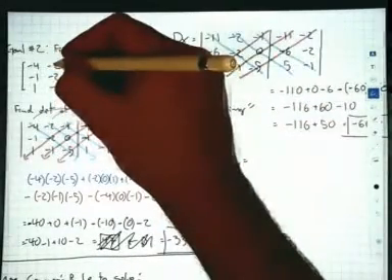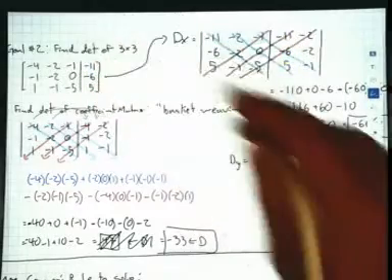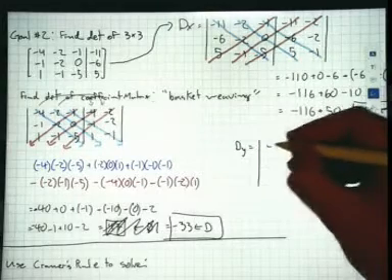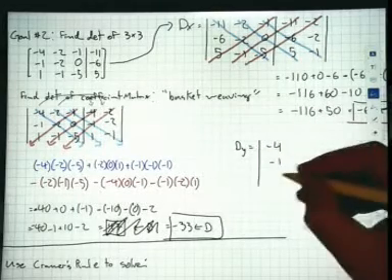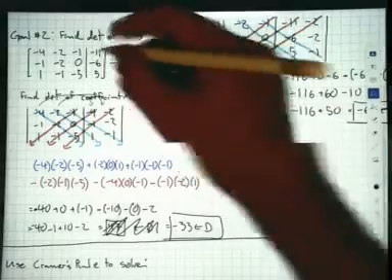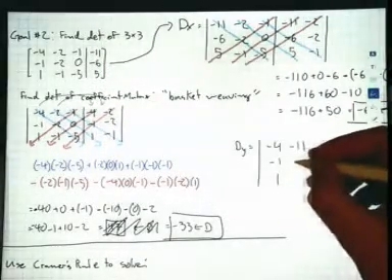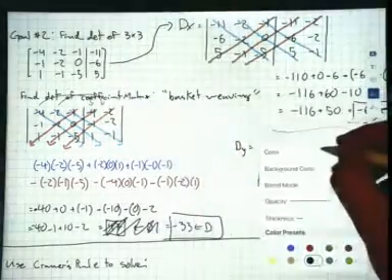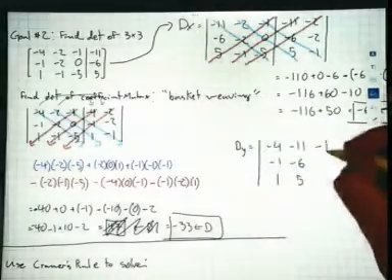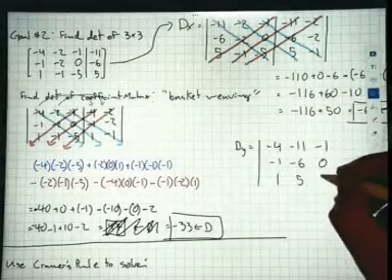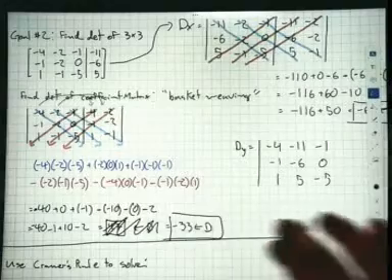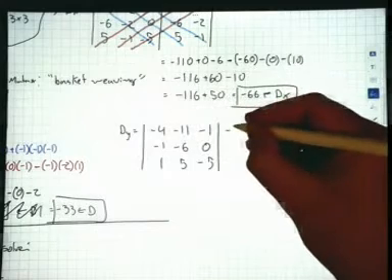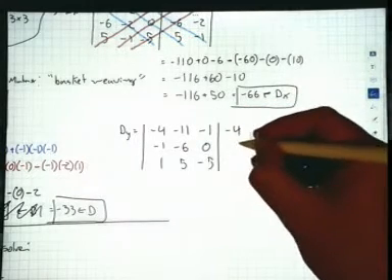We're going to replace the column of our y's with our constants. So the x's stay the same. So -4, -1, 1. Our y's become -11, -6, 5. Our z's stay the same, so that's the -1, 0, -5. And then, in basket weaving, we repeat the first two columns, -4, -1,